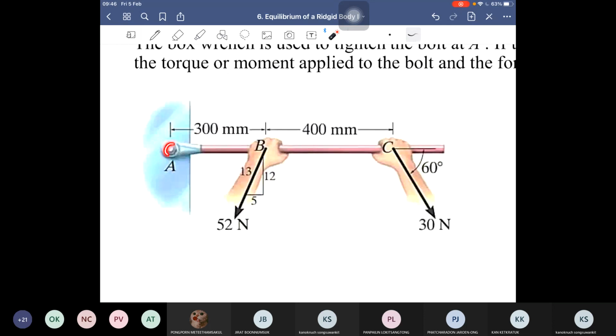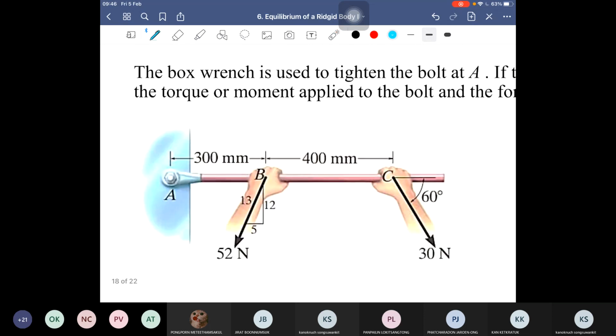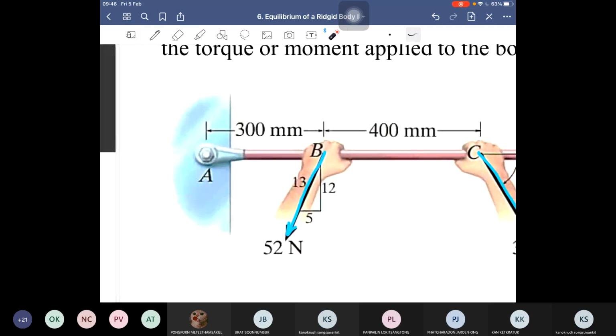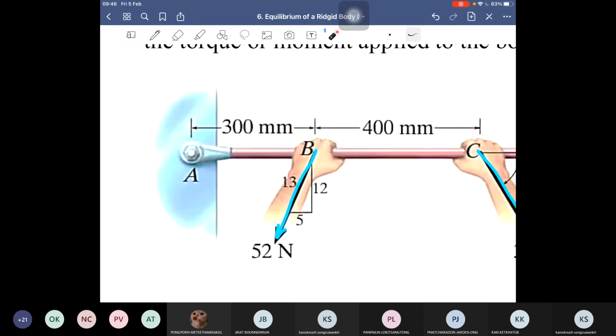So this bolt prevents the rotation. Okay, so for this question, we assume that this wrench is weightless. So we have only two forces exerted on the body, and then the force that is produced by this support. Okay, we know that